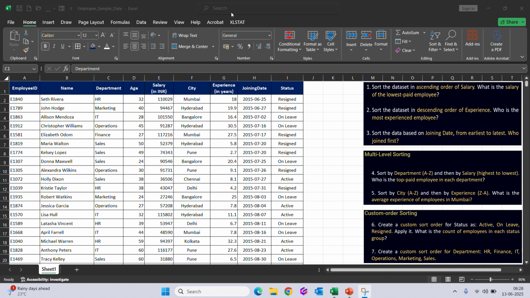During basic sorting, what we learned is sorting with a single column. When it comes to multi-level sorting, we should be able to sort on multiple columns. I'll take a typical example. Let's say I wanted to sort by city and experience of the people. What we can do here is sort by city at the first level, and on the second level I'll sort by